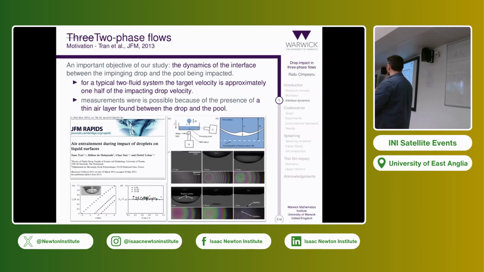So for this kind of class of regimes where you initially get the pool to deform and coalescence eventually happens, but the gas film is maintained between the two, this half represents a good reference velocity for one I'm going to talk about next, because the key target for ourselves will be what happens to this velocity if you have the third fluid in. And this was a really nice result because it then impacted a number of other beautiful